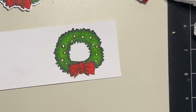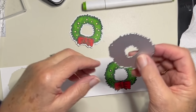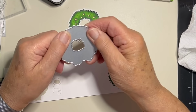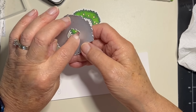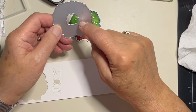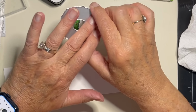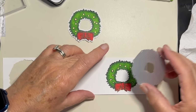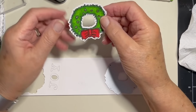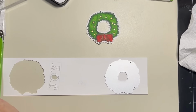Okay. Now, this is the bit where some people may grind to a bit of a halt, because we want to cut this out. But this die is a solid die, which means that you can't see through it. And the reason that it is solid is because it needs to cut two lines at the same time. And so they've got to be joined somehow. And they either have to be joined with a little skinny piece of metal, which would leave a mark probably, or completely filled in like this. This gives the better cut, but it presents the problem of how do you get that accurately over there, leaving a precise border all the way round. And the way to do it is